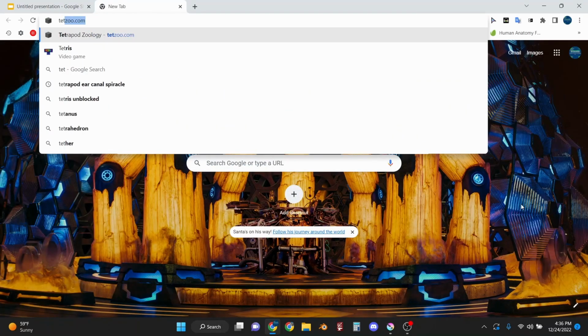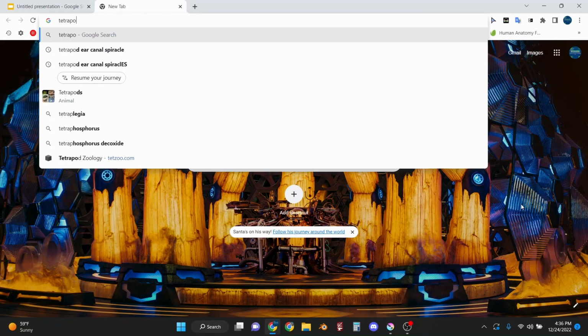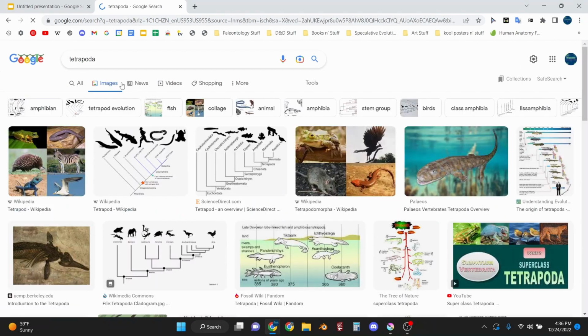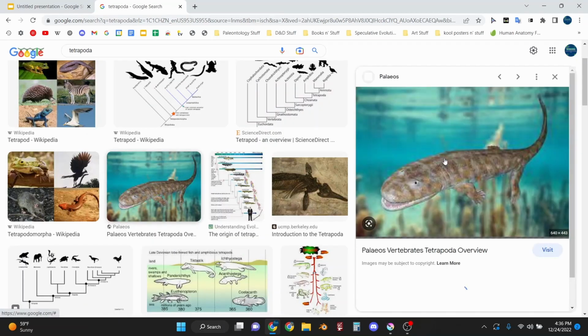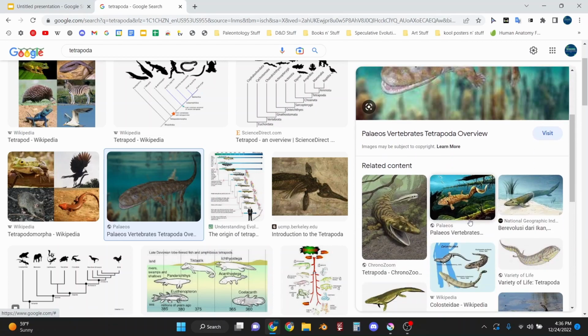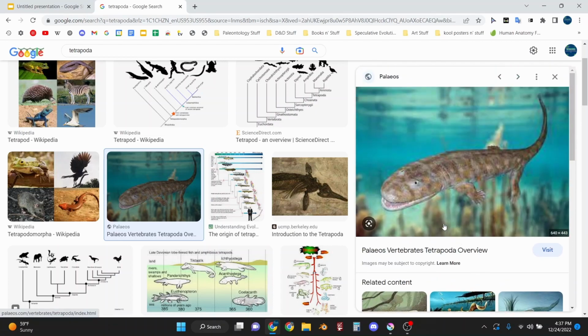Look at tetrapods. Land-dwelling, four-limbed fish descendants that did indeed evolve. So when vertebrates first came onto land, they looked something like this.